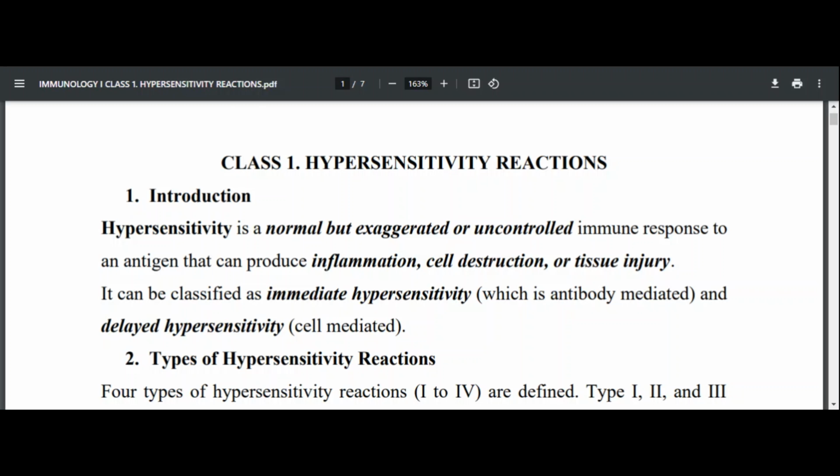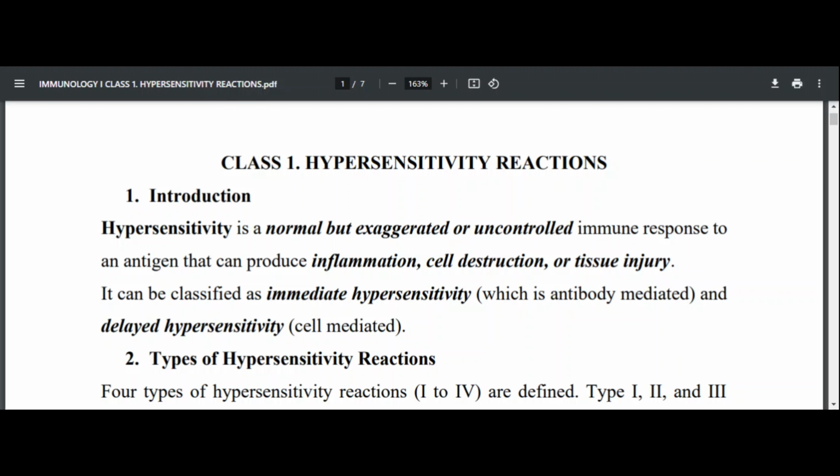So hypersensitivity reaction is just a normal but exaggerated or uncontrolled immune response to an antigen that can produce inflammation, cell destruction, and tissue injury. So that's a normal reaction, but an exaggerated immune response, which can lead to inflammation, cell destruction, or tissue injury. So hypersensitivity can be classified as immediate hypersensitivity reaction, which is also called the antibody mediated reaction,